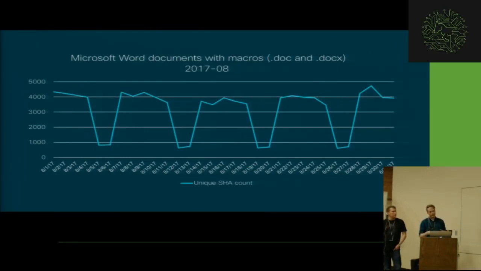And so once it gets to the sandbox phase, we open it and observe behavioral actions that the document takes when it's opened and the macros are enabled. The data here demonstrates a typical work week. The peaks here are Monday to Friday, and when less people are working, Saturday and Sunday are much lower. And you can see we average about 4,000 unique